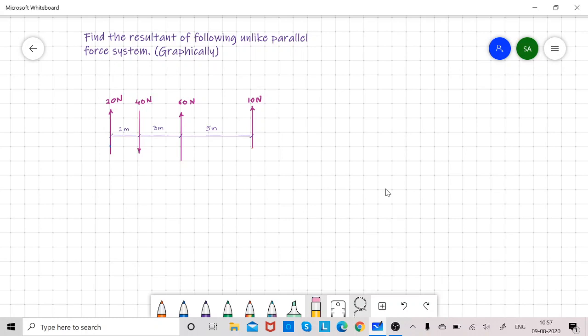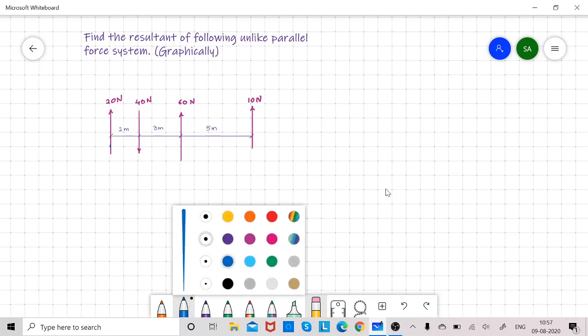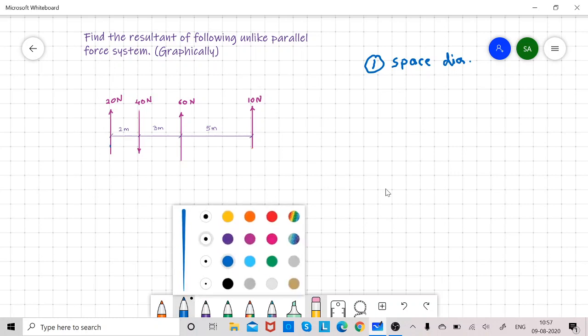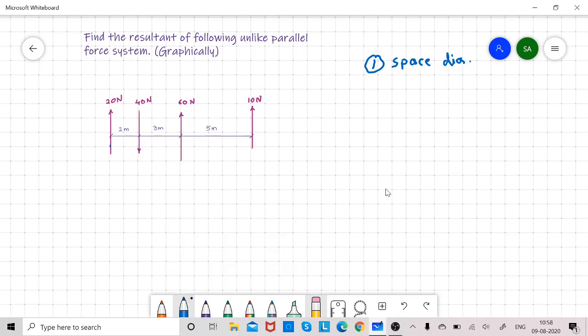Now to start with, we will draw. The first step is to draw a space diagram. What is a space diagram? A space diagram is the diagram in which the distances, the spaces between the forces, are drawn to some suitable scale. So for that, I will consider the scale as 1 centimeter equal to 1 meter,